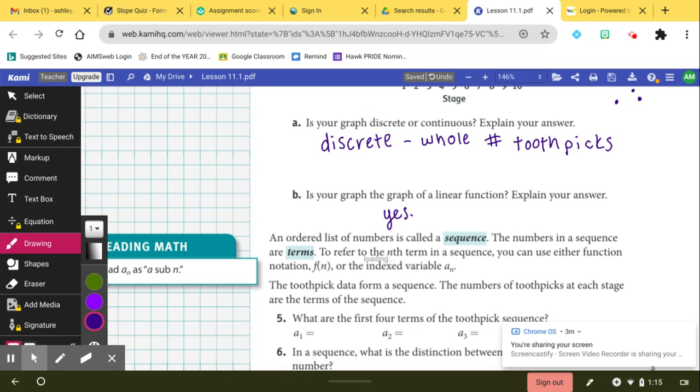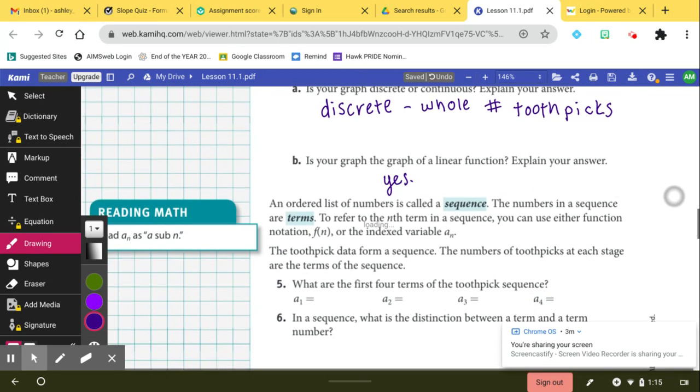So what we actually just came up with was a sequence. In our math notebooks, we should have this written out. It says an ordered list of numbers is called a sequence. It's just a list of numbers. What's special about our sequence is the numbers in the sequence are our terms. And to refer to the nth term in the sequence, we can use either f of n, so sequence f with input n, or the index variable a sub n, and we read that a sub n. So n is the